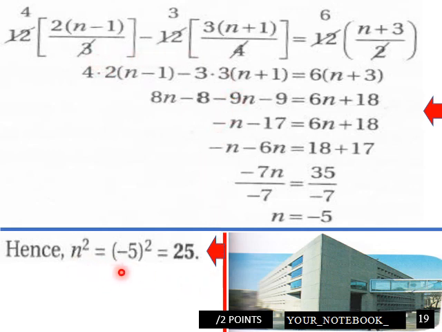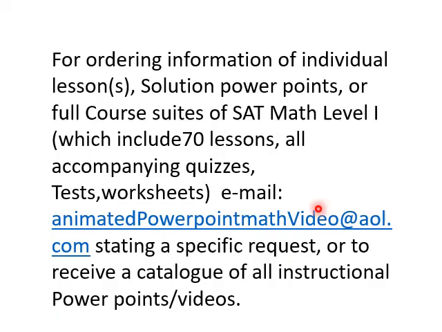Hence, n squared would equal -5 squared equals 25. So we plug this back into the original, and we get 25 for that. And that is 5.2